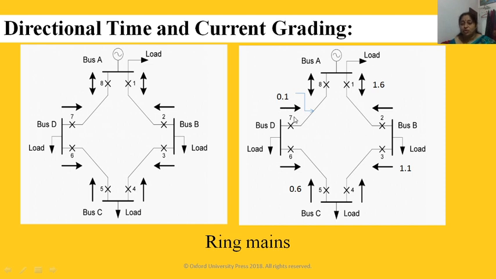Okay, suppose this fails to operate, then which relay will operate? As I am telling, it is providing backup. So time grading is done according to that. If this fails to operate, which relay will operate? The fault is fed from this side, the generator or source is feeding the fault like this. Then the fault is fed from the other side also.